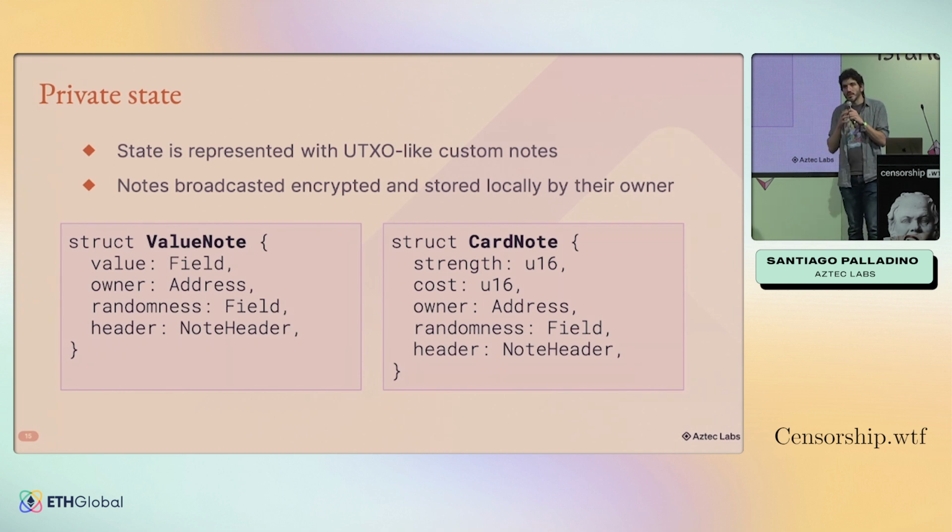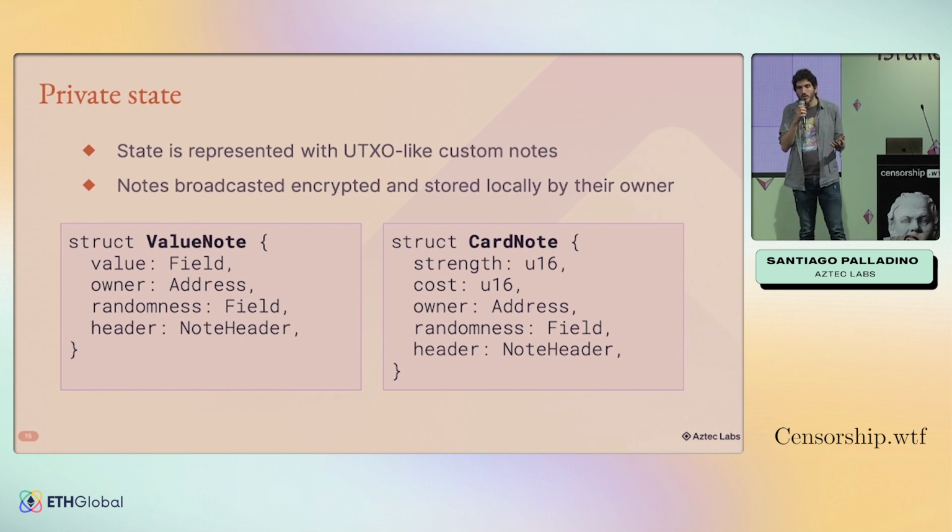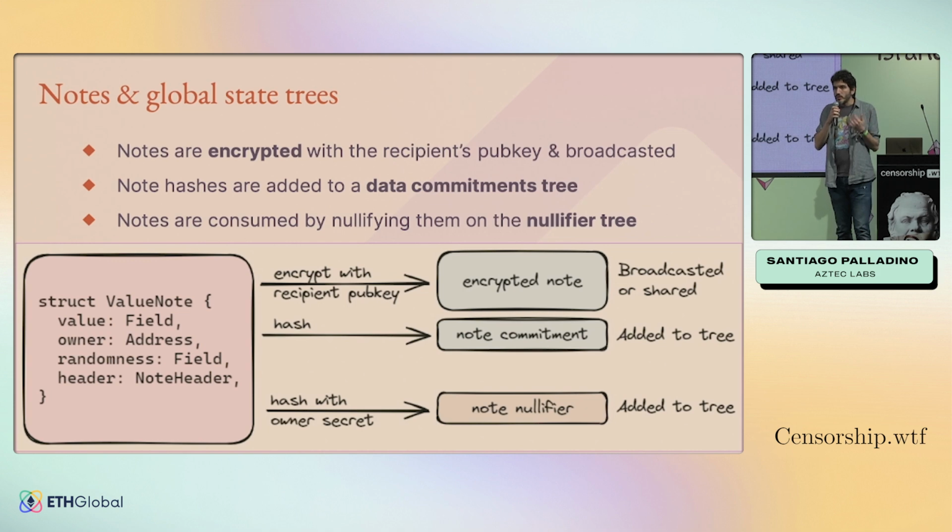But let's say that we're building something like a card game, like a Magic the Gathering inspired one, in which we can represent, for instance, each card with a specific node that has the attributes of that particular card. Again, the nodes are the representation of state and are not bound to financial applications. They are completely custom and used to represent arbitrary state. Now, these nodes are stored locally by each user. So each user has their own representation, their own private state, which is kept locally within their wallet.